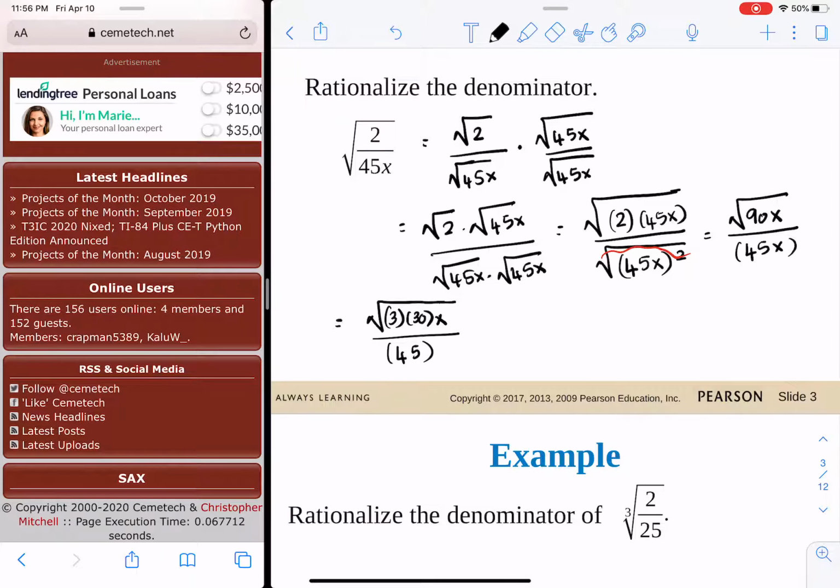Which I could further write as square root of 3 times 10x over 45. 3 times 3 is 9, so I could write that as 3 squared times 10